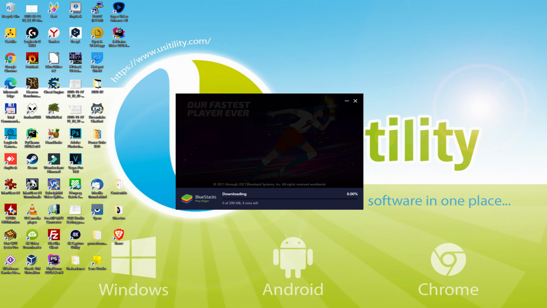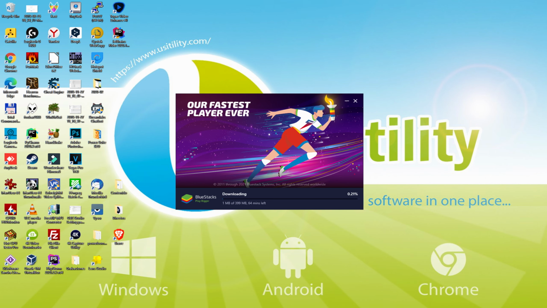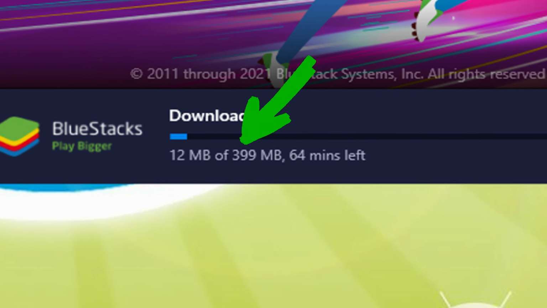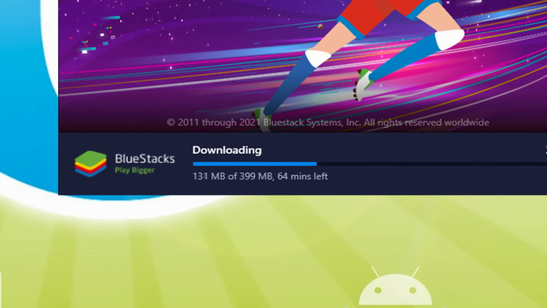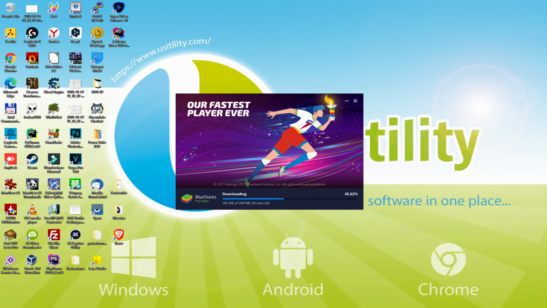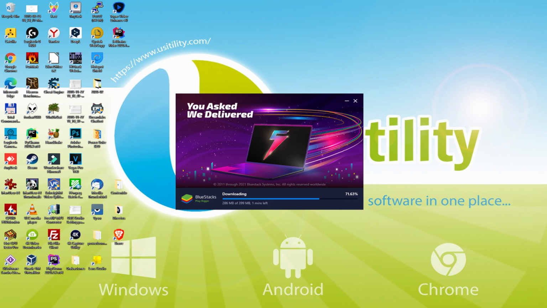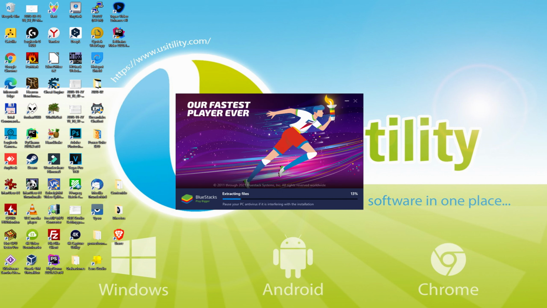Now, there it is. The install commences and it's going to proceed along with the download of those megabytes that are shown on this screen. When you download it, it could possibly be a little more or less MB. The data transfer rate will go at a higher speed or at a lower speed, depending on your connection and depending on the performance of the emulator servers. Today they're working very fast. The download is finished, and now it proceeds with the installation phase.